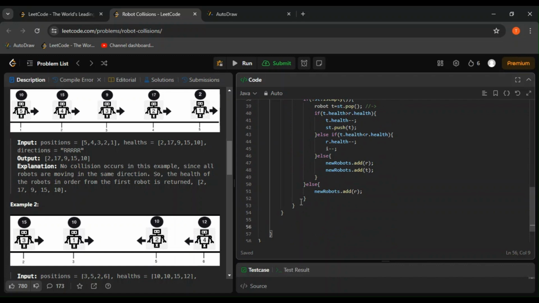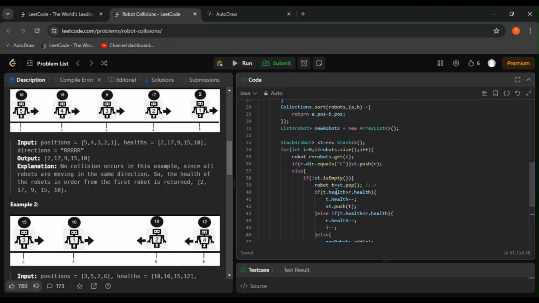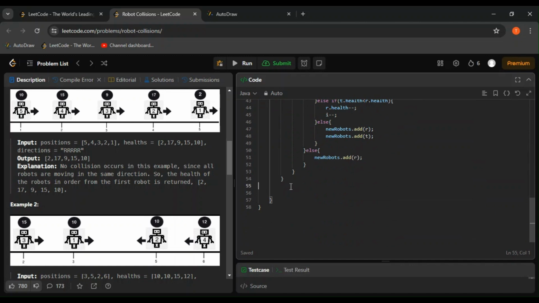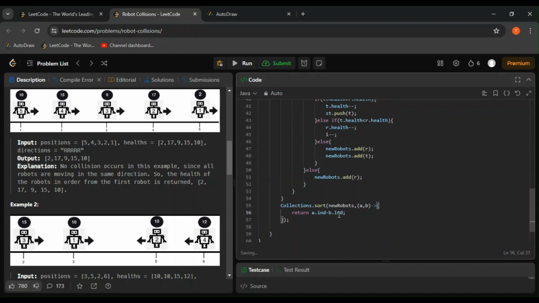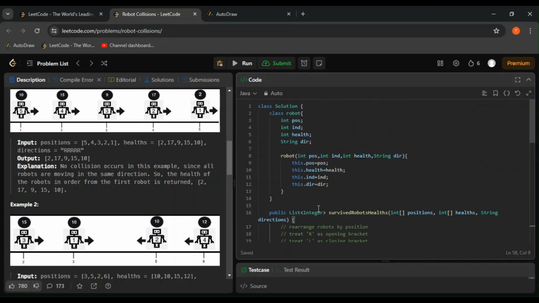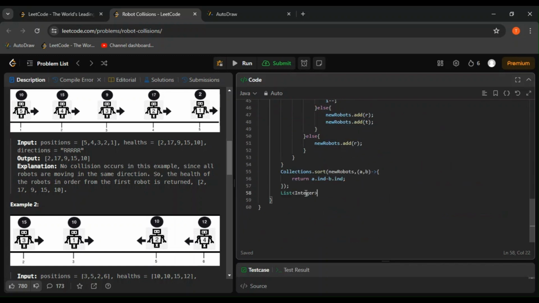Now finally, I have all the final answers in the new robots collection list. Correct? So this time, what I need to do is sort them by their original index because we need to preserve that. Now this has the answer. So we need a list of integers. Perfect. List integer